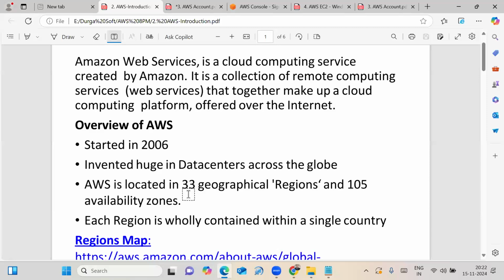Right now, there are 34 geographic regions and 108 availability zones. Whatever is mentioned here, before 1 month, whatever I specified in the documentation, that is correct. Now, 34 regions are there and 108 availability zones are there.